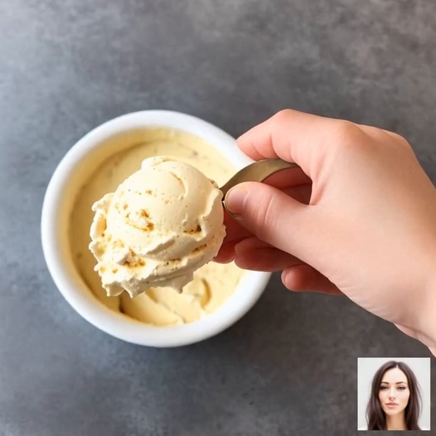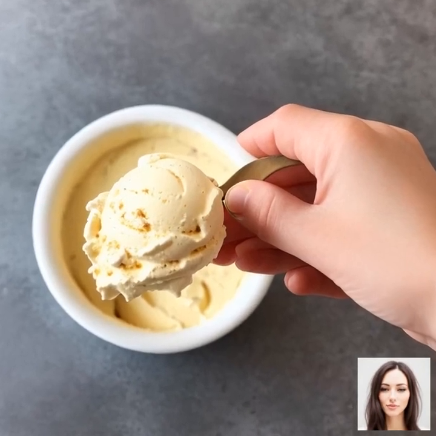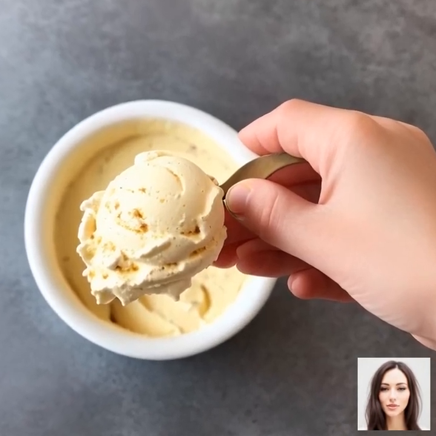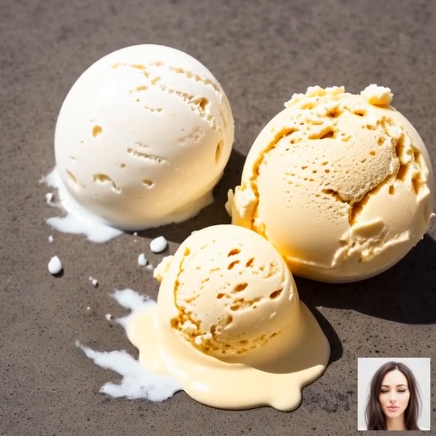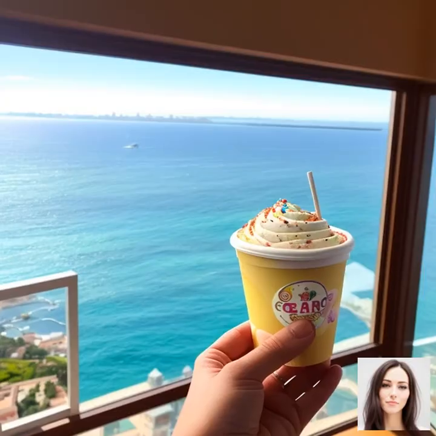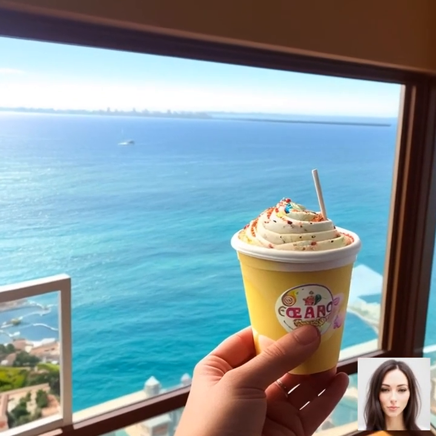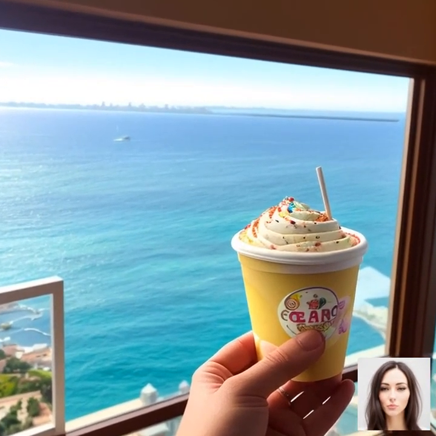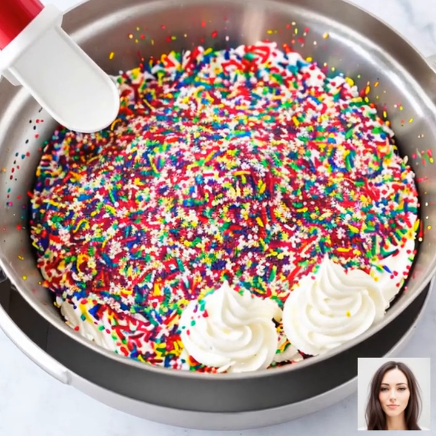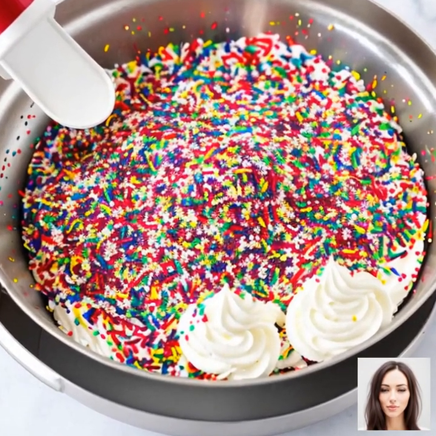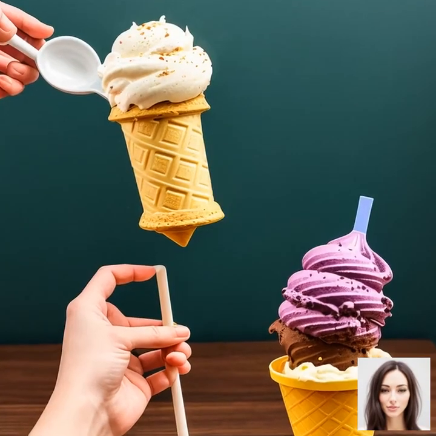Now, let's talk about serving temperatures. Gelato is usually served at a slightly warmer temperature than ice cream, typically around 10 to 15 degrees Fahrenheit warmer. This warmer temperature allows the flavors in gelato to be more pronounced, as colder temperatures can dull our taste buds. On the other hand, ice cream is served at a colder temperature, which can result in a less intense flavor